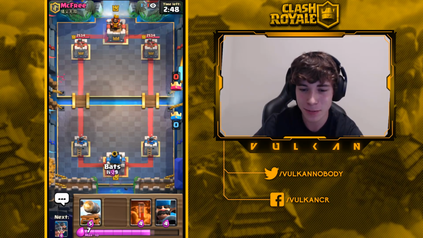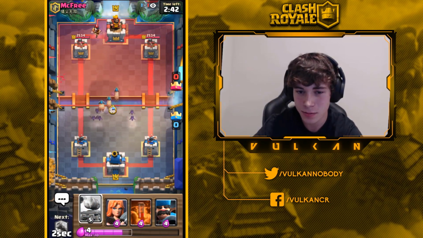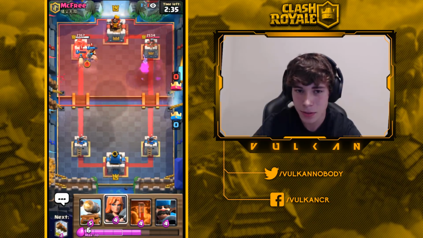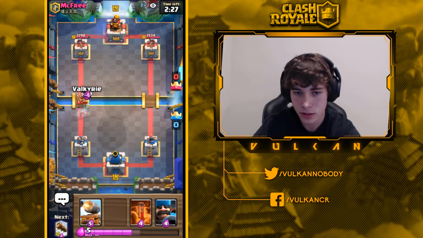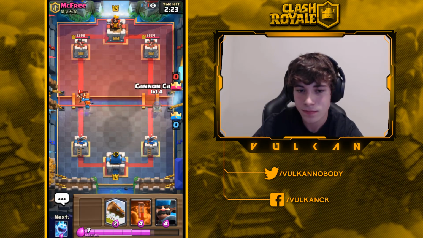Okay, so starting off, we'll go with bats in the back because we do have Royal Hog next hand, so I can split my Royal Hogs. We will just go ahead and split our Royal Hogs anyway. Interesting. Not the best firewall by him, but he kind of probably had no choice. It looks like he has P.E.K.K.A. So we're doing pretty good. We'll wait for that. And if he goes with Royal Ghost or something,